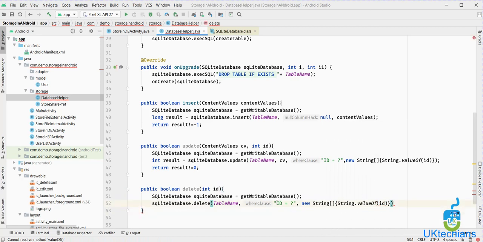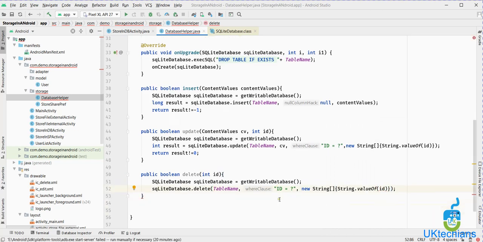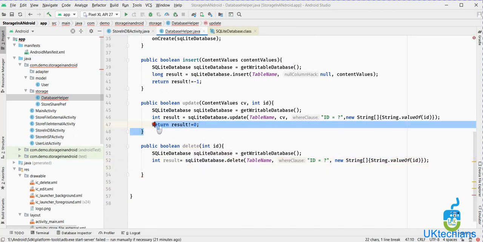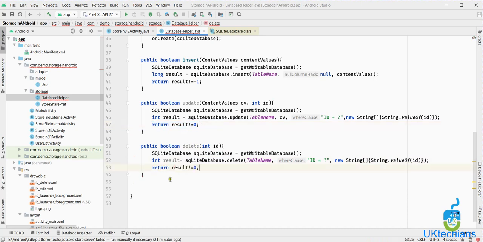So simply we did this, and then we use return type, which is result integer equals to, and we will just copy this and paste it here, right?